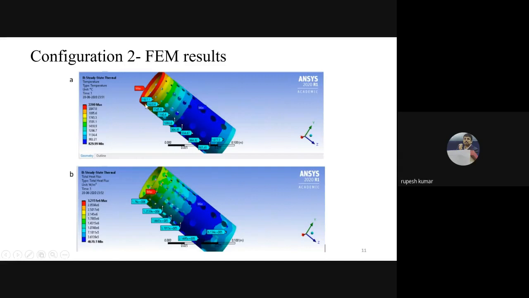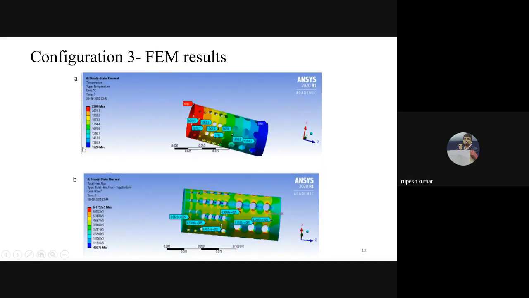Here you can see that the temperature at the primary zone was 1920 degrees Celsius, and this is around 925 degrees Celsius. In the same way, the heat flux was 1.76 times 10 to the power 6, and at the dilution zone it was around 2.1 times 10 to the power 5. So there is a drastic change in the temperature distribution on the liner surface and the heat flux distribution. When I come to configuration 3, you can see that at the primary it was 2000 degrees Celsius, and 1354 degrees Celsius at dilution, and the heat flux was 1.8 times 10 to the power 5, and here it is, sorry, 45,076 watt per meter square. So these are the heat flux values.